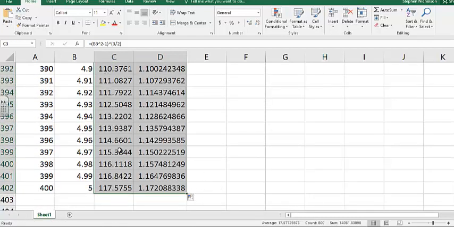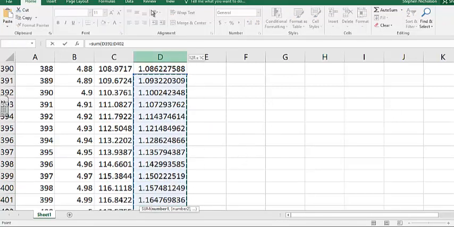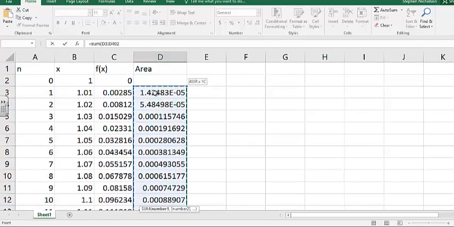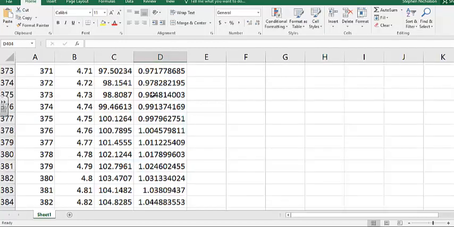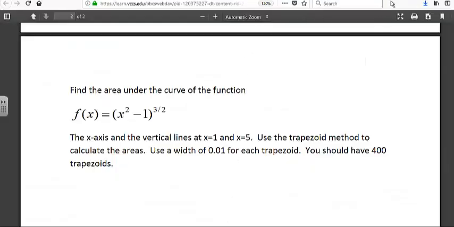So these are the values of the function. These are the areas for each value, and we say equals sum. That means we're going to add all these areas up, and then you highlight the area that you want to add up, and you get 138.64. So that's the answer, 138.64. Now let's go to a definite integral